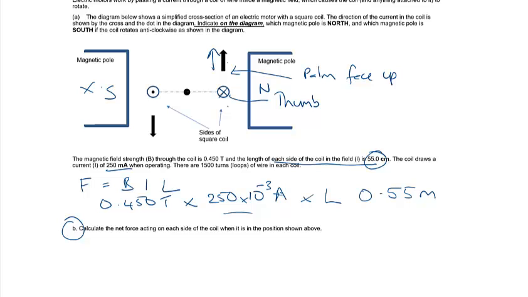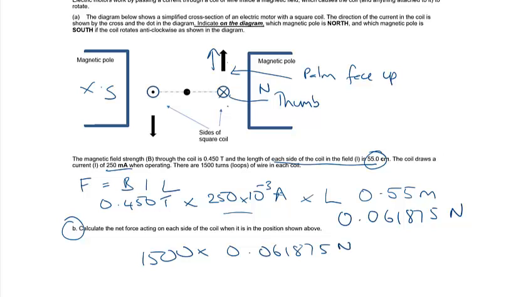So at the moment, when we consider that, that's for one loop only. So if we multiply those three together, we're going to get 0.061875 newtons. Now that's for one loop, but there's 1500 loops, so it's going to be 1500 times 0.061875 newtons, and that's going to equal